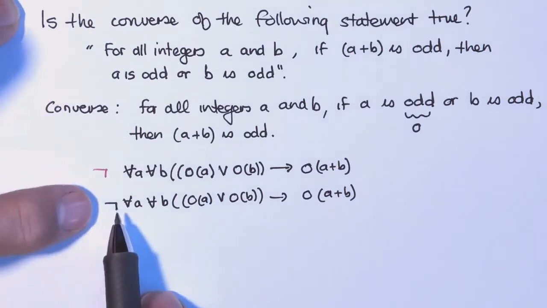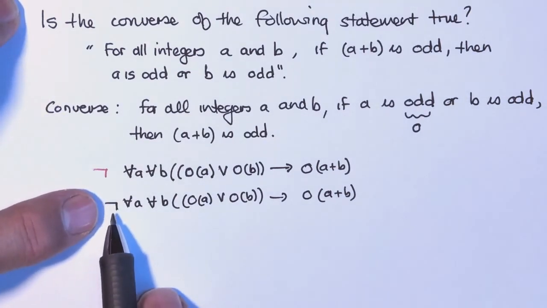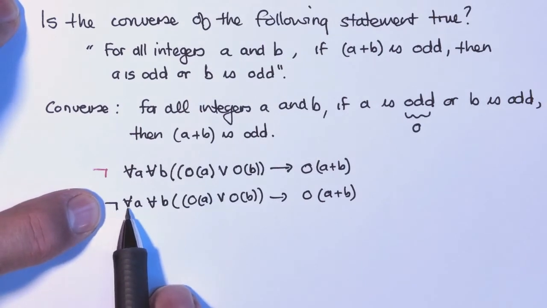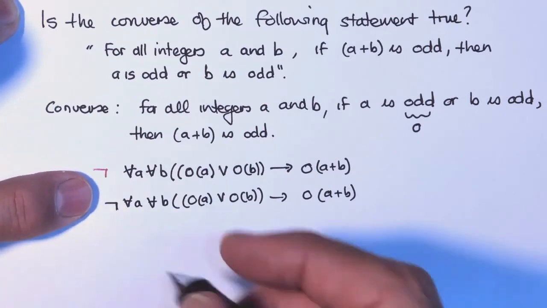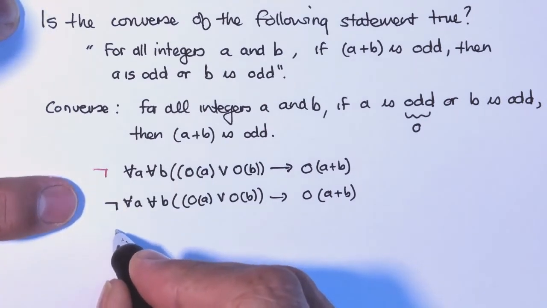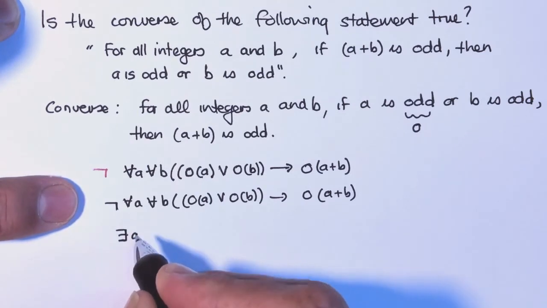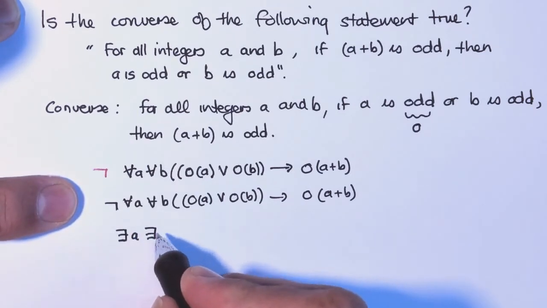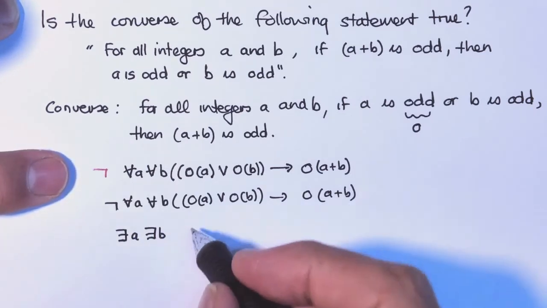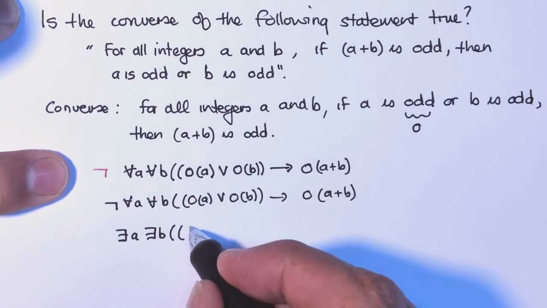If we bring a negation in over a universal statement, the for all, it turns into an existential statement. So this would change to there is an a and there is a value of b,